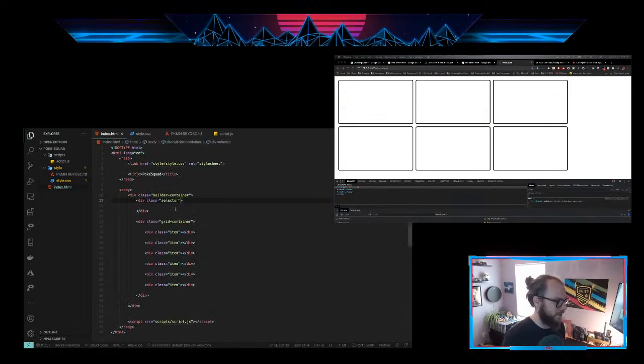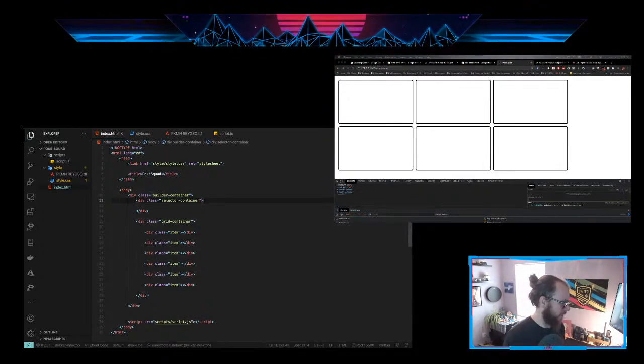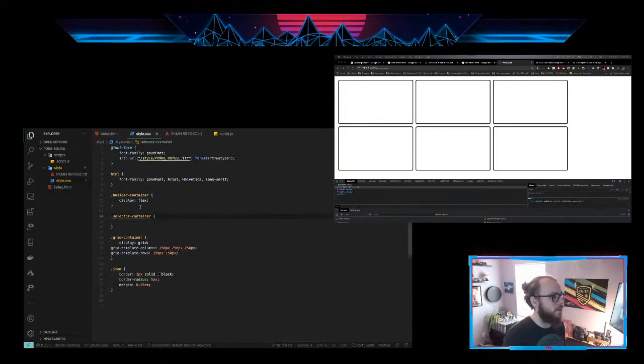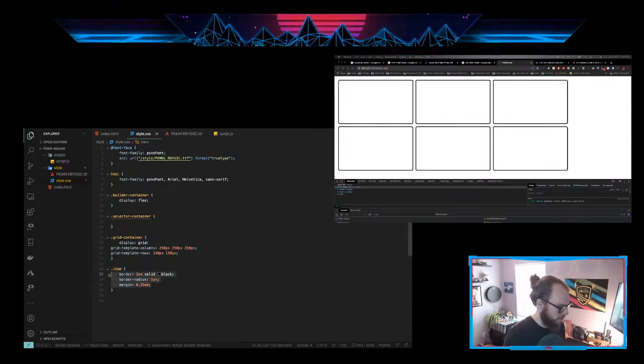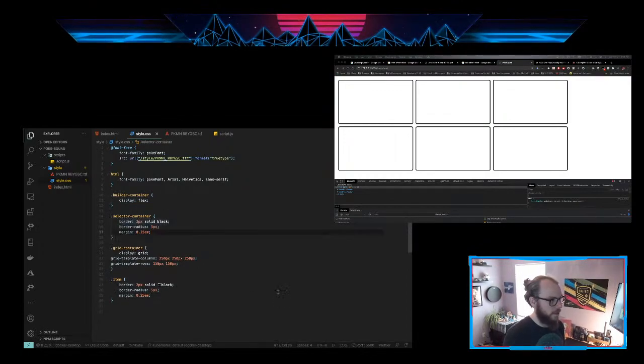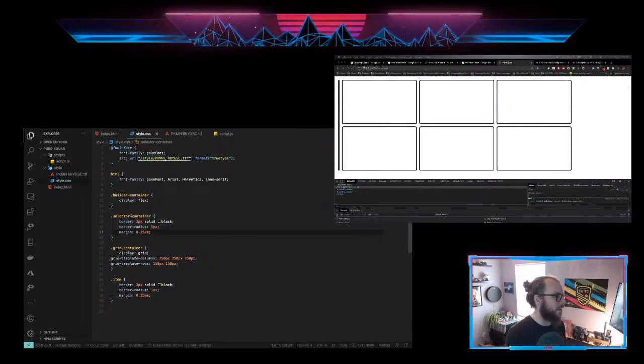We're calling everything else a container. I like keeping it consistent. All right. The selector container, same thing. We'll give it all of this. Copy, paste it in there, and you can see it doesn't have anything in it, so